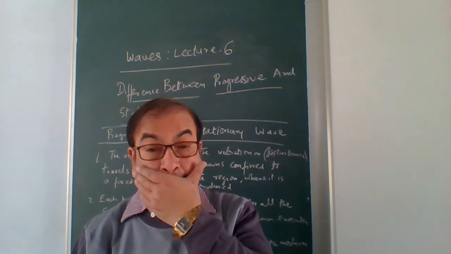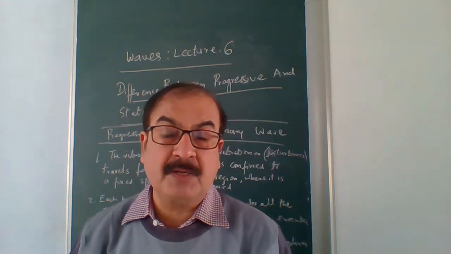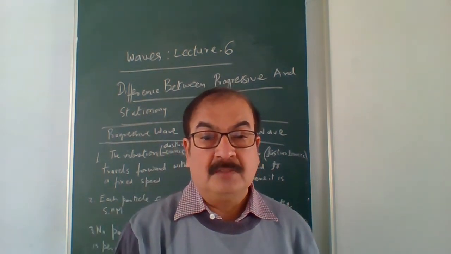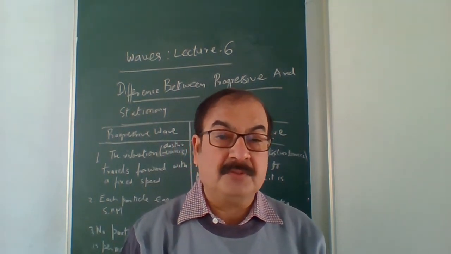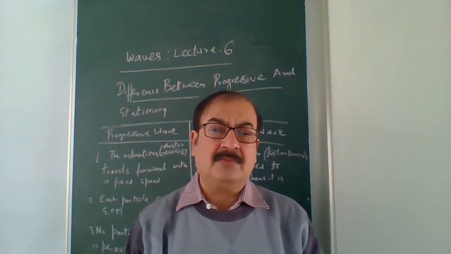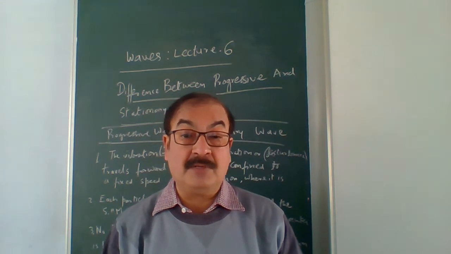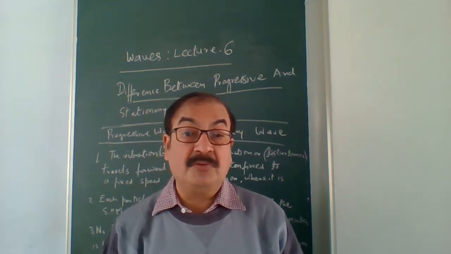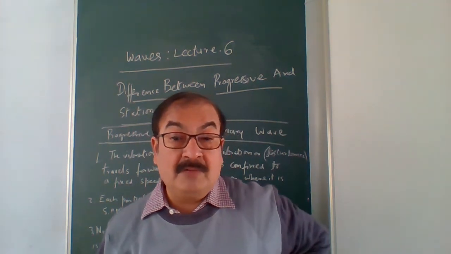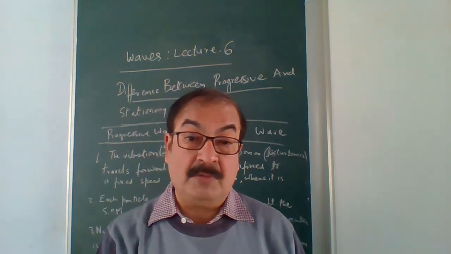In web lecture 6, we have already discussed the principle of superposition, reflection of waves, reflection of a progressive wave, and also the derivation of a stationary wave. We also discussed that whenever a stationary wave is produced in a medium, the medium particles come within some boundaries. Only within that boundary can the particles of the medium vibrate, and beyond it, left or right, there is no vibration at all. No particle is allowed to vibrate.